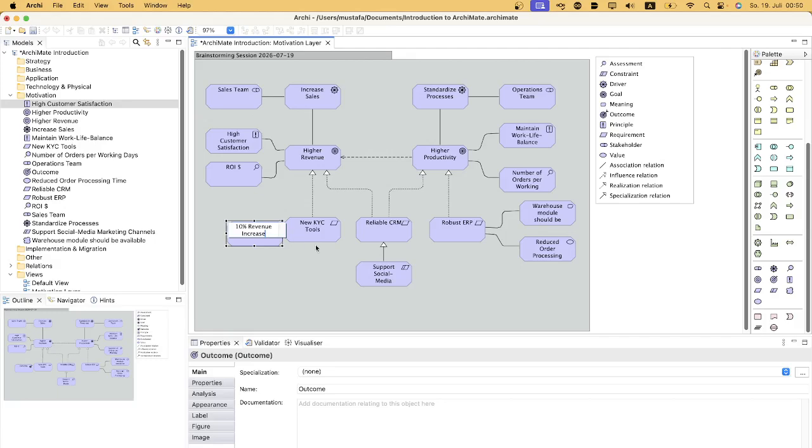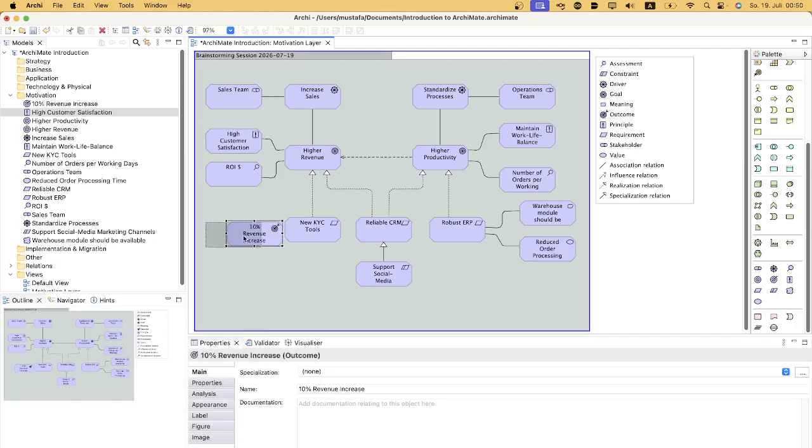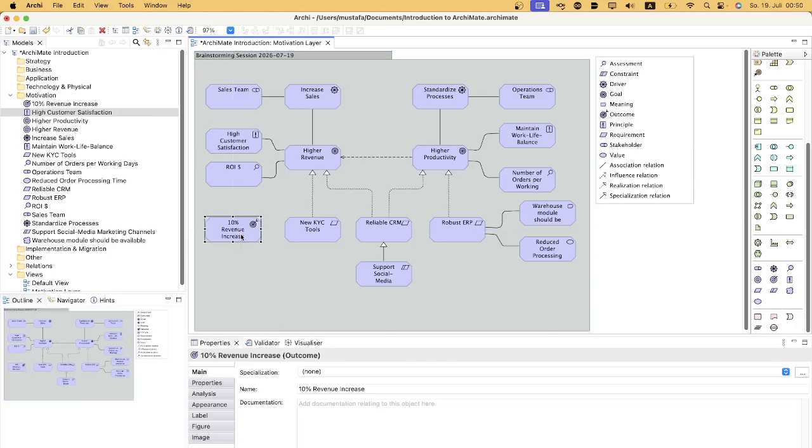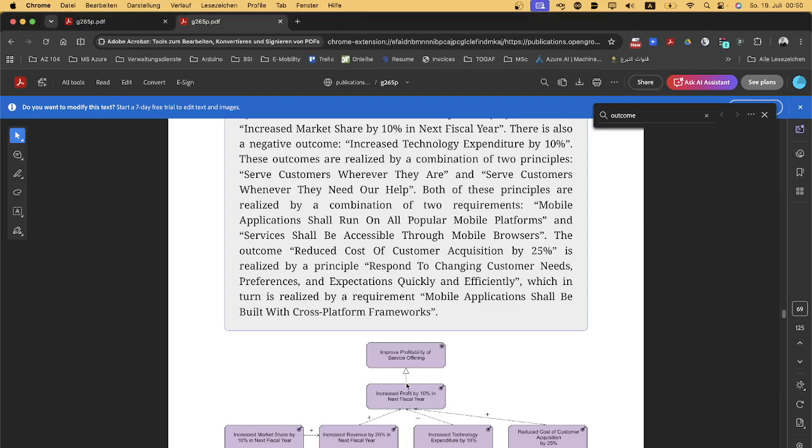We could say we have increased the revenue, we have reduced the cost of packaging, we have reduced our transport ways to the customers. So the outcome here is a very concrete and very specific way of realizing